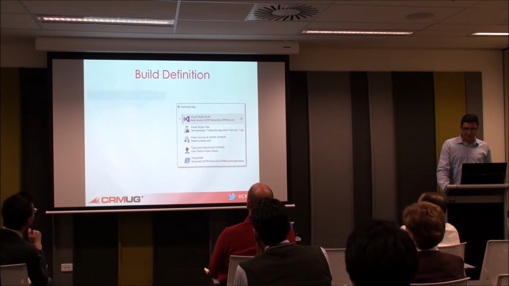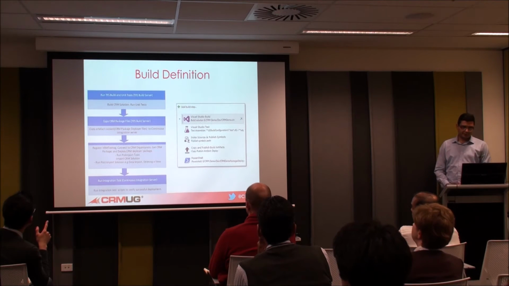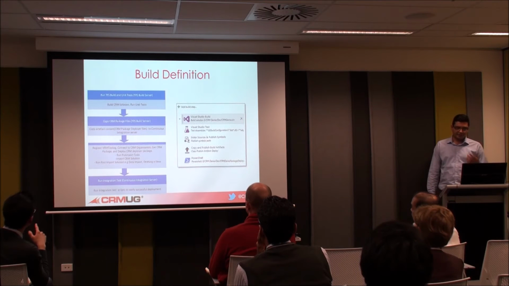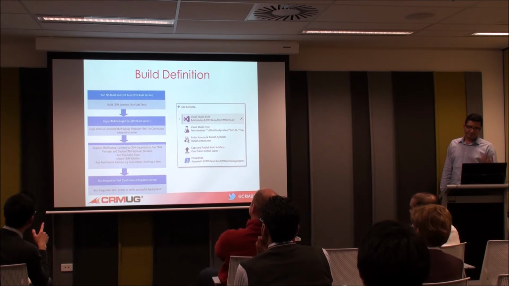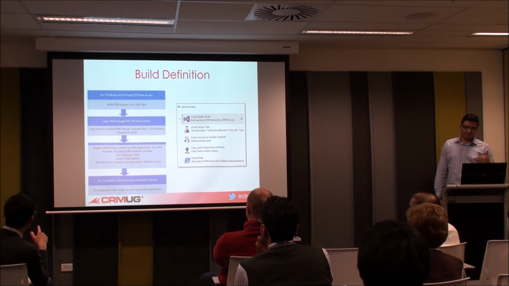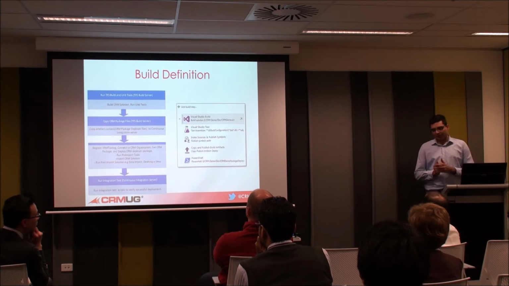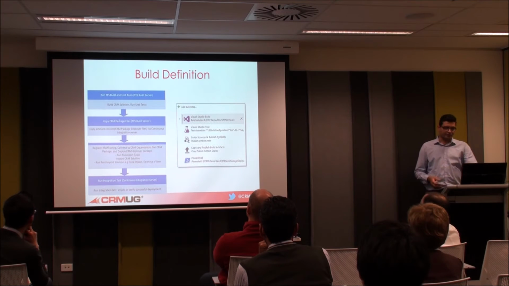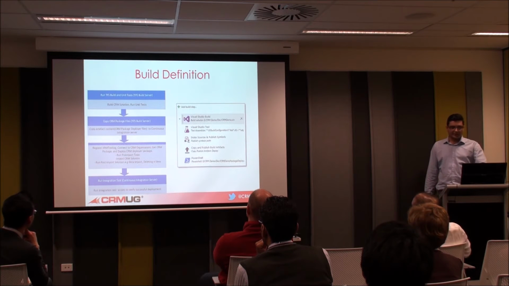So this is our standard current build definition. We have TFS build, which is the standard build, which looks into the solution, builds it, compiles it, and puts the artifacts into the build location. Then we have some unit tests which run after the build, to make sure that the unit tests execute. Then you have the third step, which is publishing symbols. If you want to put the PDB files, which are for debugging, for instance, in the continuous integration server, you can use this step. And then copy and publish build artifacts.